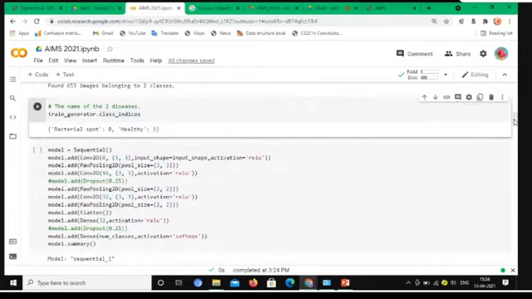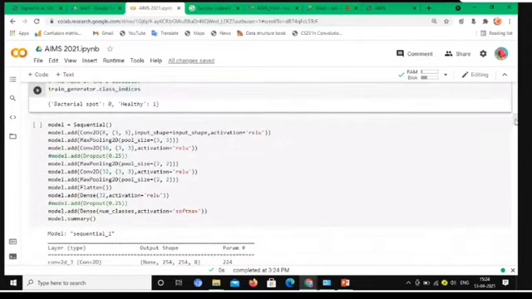Now here we have to generate or create a CNN model. So model equal to Sequential. Sequential is a sequential process. Once we run the CNN process, the convolution process, the next one is max pooling. So we use model equal to Sequential and model.add. First one is the convolution layer.